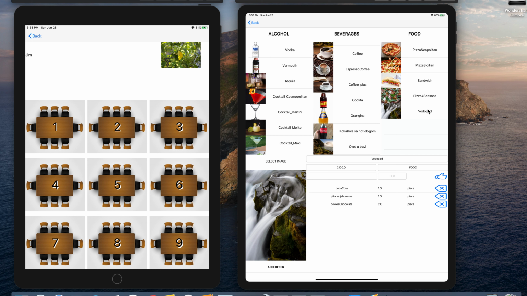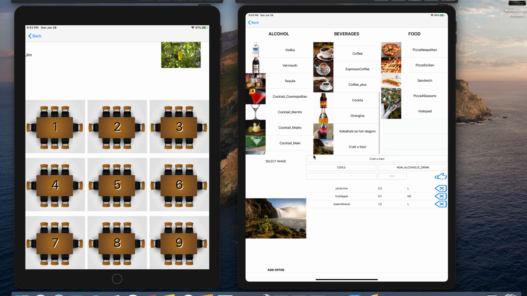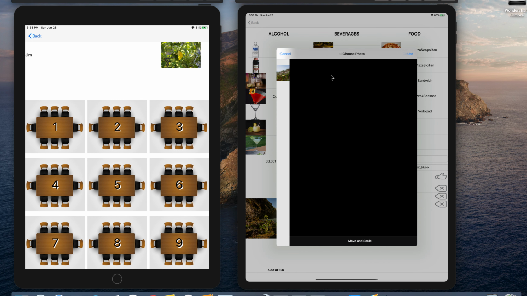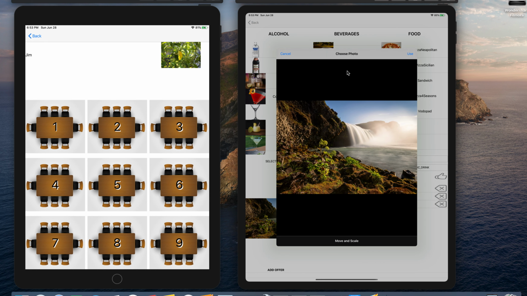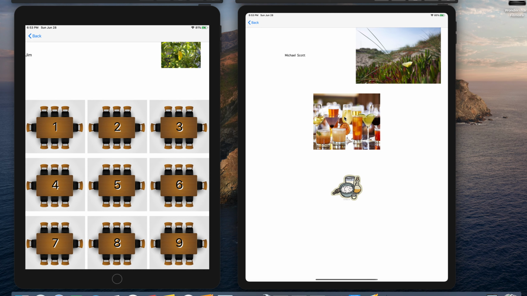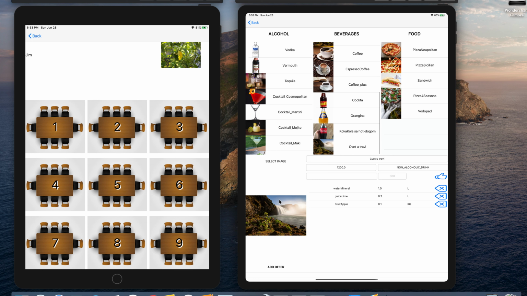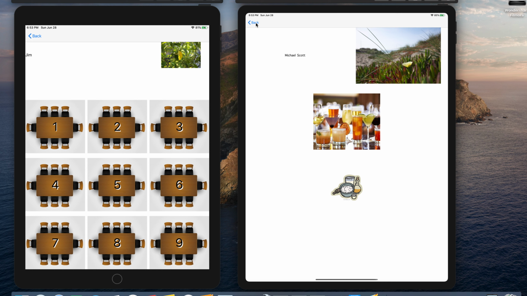Here I have something called pizza, or, well, let's go with this flower in the grass. So I'll just select some other photo. Unfortunately, since we're using the simulator, we'll have to use one of these offered photos. So I'll just set this photo. Did I click? Yes, I did. And when I go back in, this should be with that picture. So as you can see, the price and everything can be easily changed, so a manager could easily manage all the